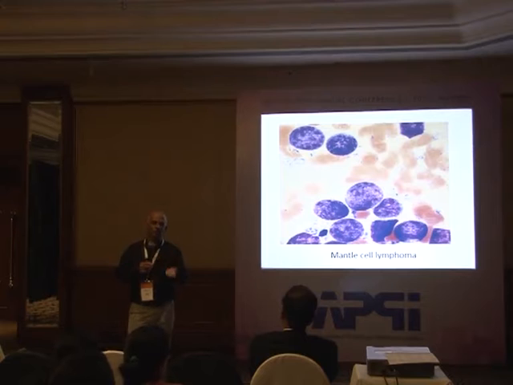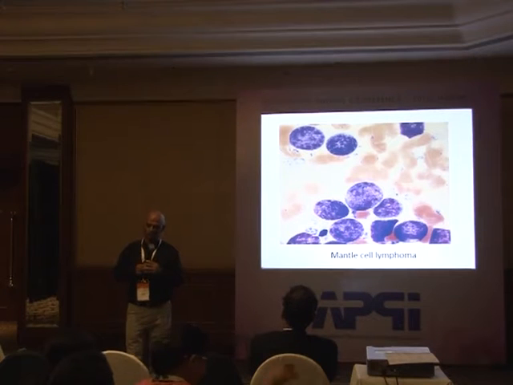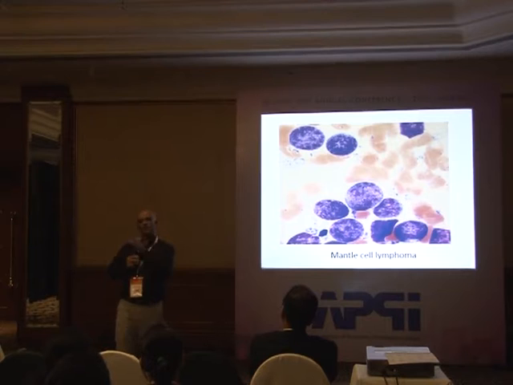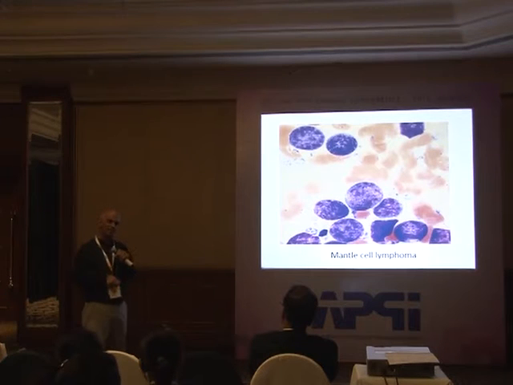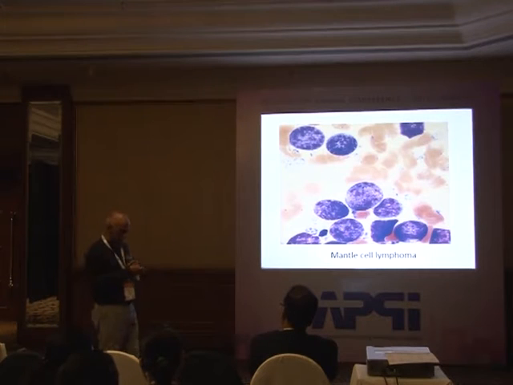We need to do immunohistochemistry or flow cytometry. Mantle cell lymphoma is a very bad lymphoma. CLL is a good lymphoma. CLL is of two types, good one and bad one. The good CLL patients live for 40 years, 50 years, no problems. The bad CLL ones behave more like mantle. We'll come to that. So one has to differentiate CLL from mantle. And mantle also is of two types, blastic as well as lymphocytic. Blastic has even poorer prognosis.